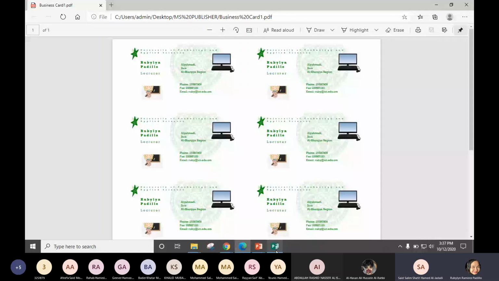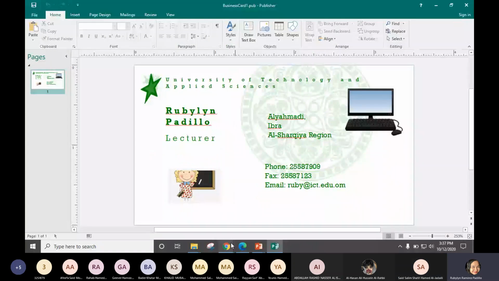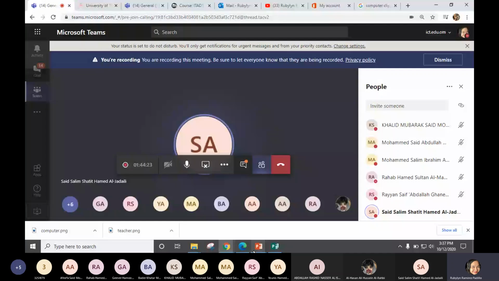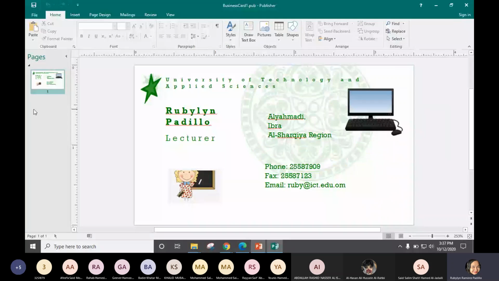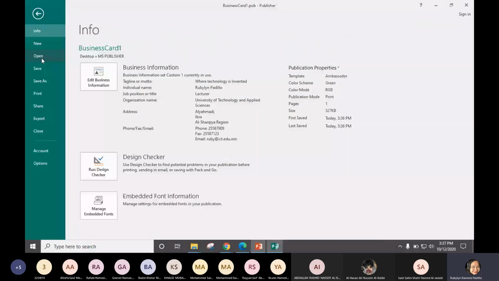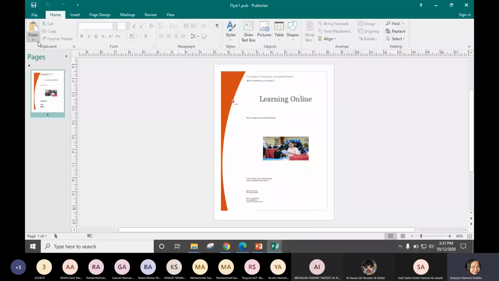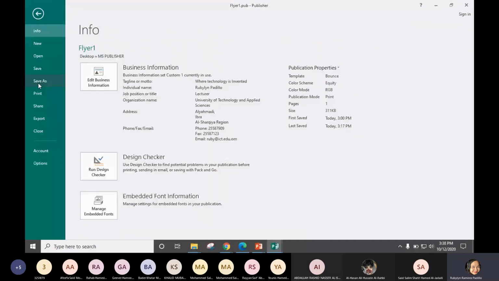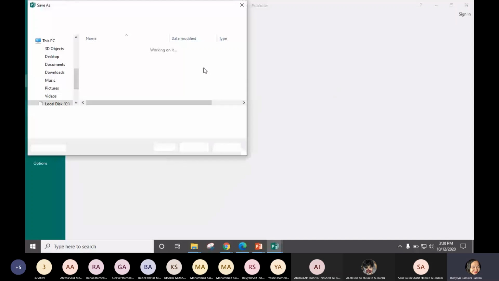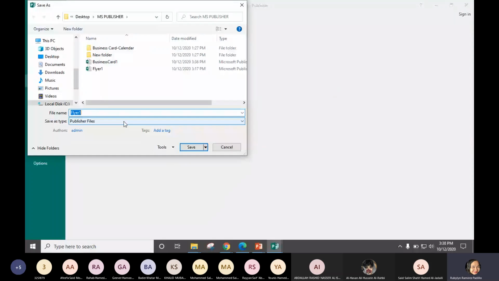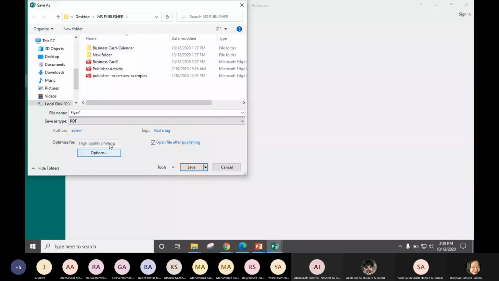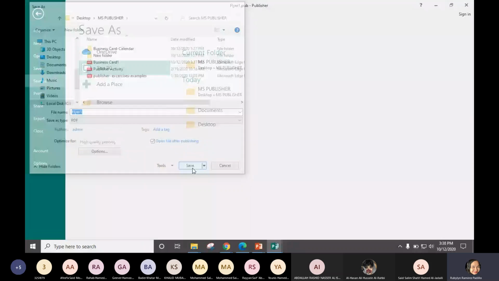Our first example was a flyer. Let me open the flyer and save it also. This was our 2 examples for today. We have the flyer and the business card. So let's show again the flyer which we have done. This was the flyer we have done. I can save it also as PDF so that I will have the output readily available. I can show it to you. You can just follow it. This is our flyer 1, then save. See, this was our first example.